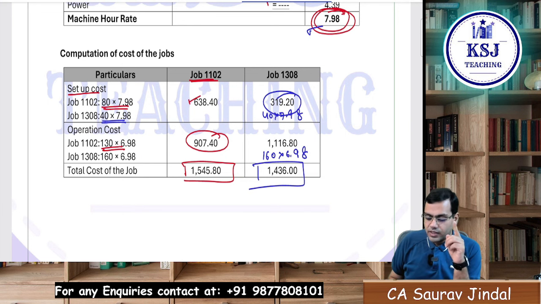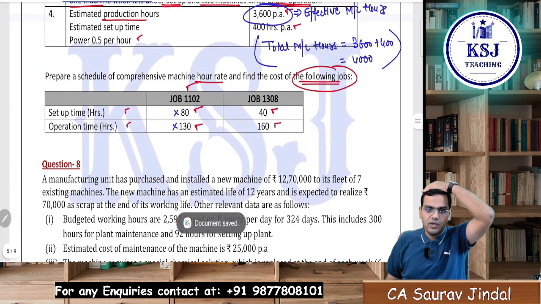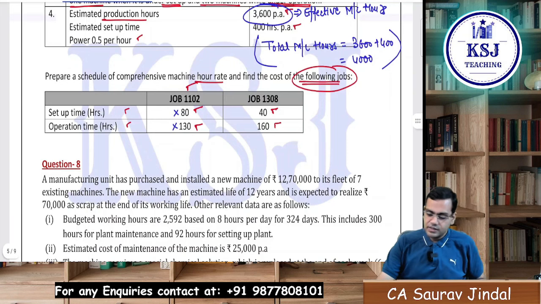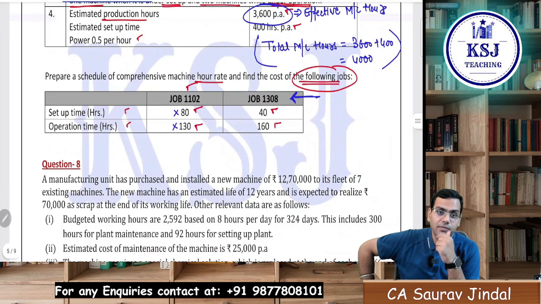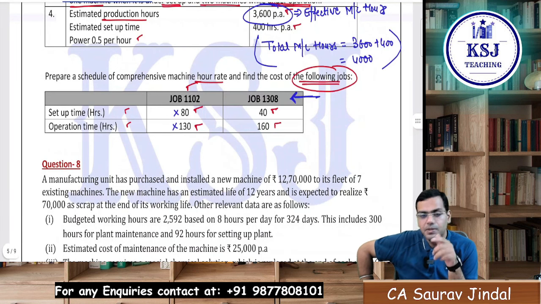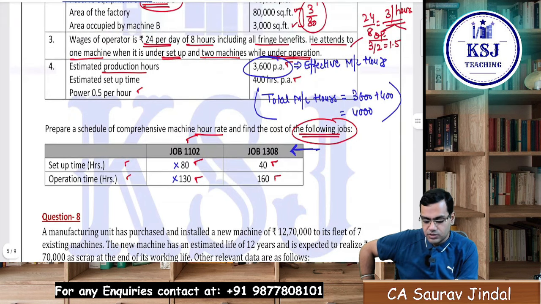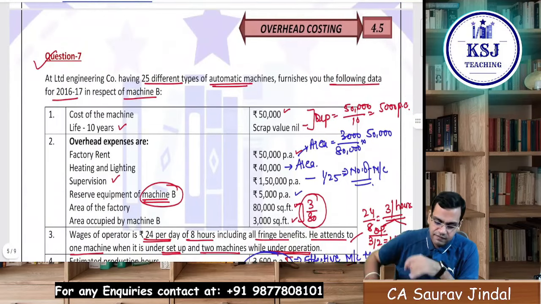Why is this question important? Because you have to calculate 2 different machine hour rates, when the machine is under setup or when the machine is under the working. Why have we calculated, sir? If we are not going to calculate the separate machine hour rates, then how are we going to calculate the cost of these particular jobs, job number 1102 and job number 1308? We will not be able to find out. Right? We will not be able to find out. Clear? Any doubt? Sir, all these questions are extremely important beyond ICI module. Each and every question is important, sir. Very important part.